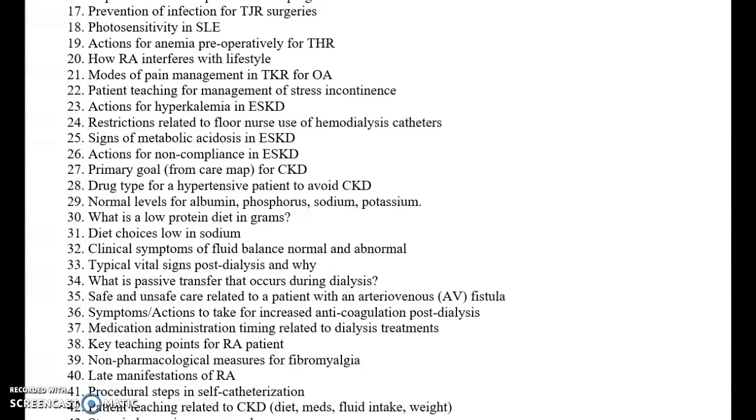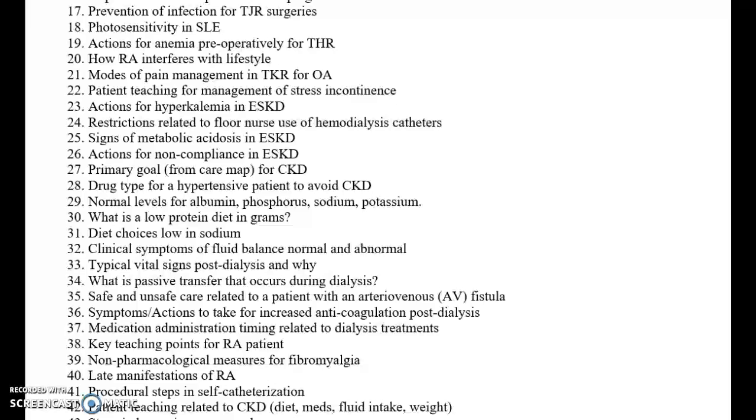What are you going to do when somebody has a high potassium in the hospital setting? What are you going to treat? What are you going to safeguard against? We already talked about hemodialysis catheters and what you can and can't do. Know your signs of metabolic acidosis. What kinds of actions would you take